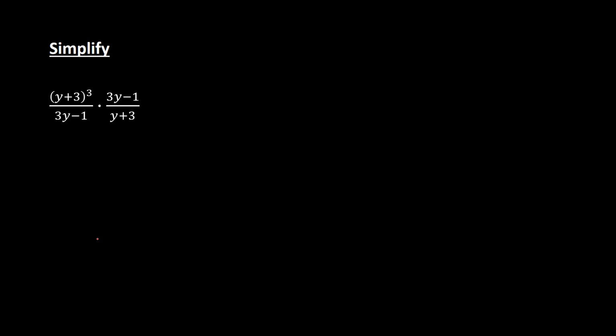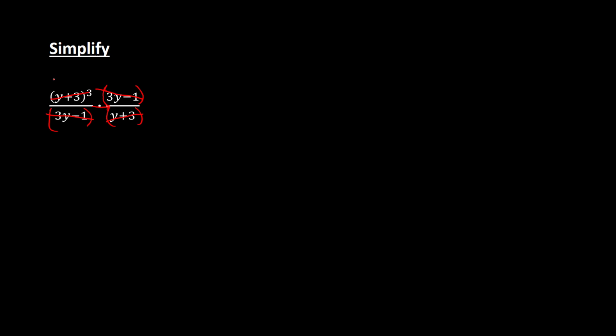Here's another example where we have (y plus 3) cubed over (3y minus 1) times (3y minus 1) over (y plus 3). Now when I'm multiplying, I can extend this, and I'm multiplying by this entire quantity, 3y minus 1. This is one quantity down here, 3y minus 1, times the entire quantity of y plus 3. So when I cancel things, the 3y minus 1's will cancel, and then the y plus 3's will cancel, and